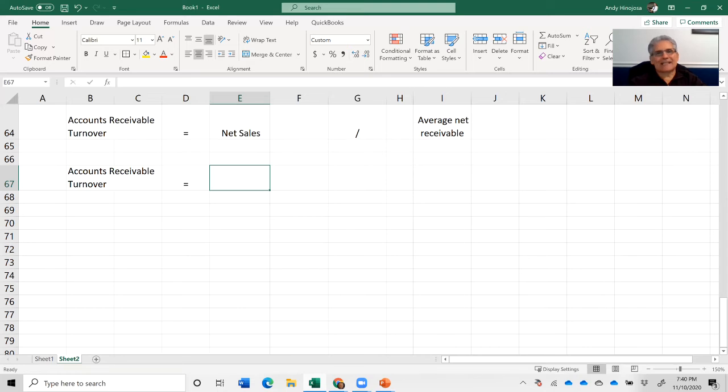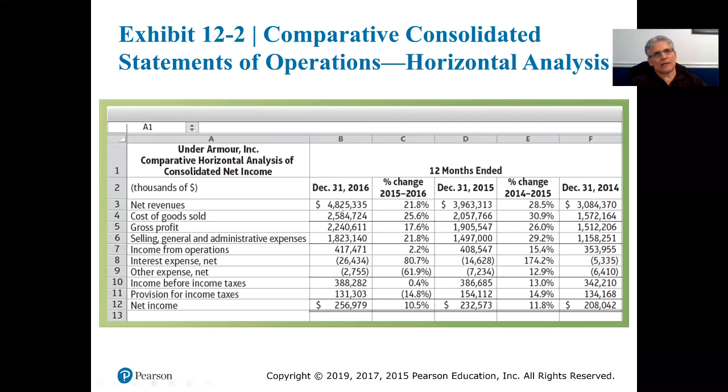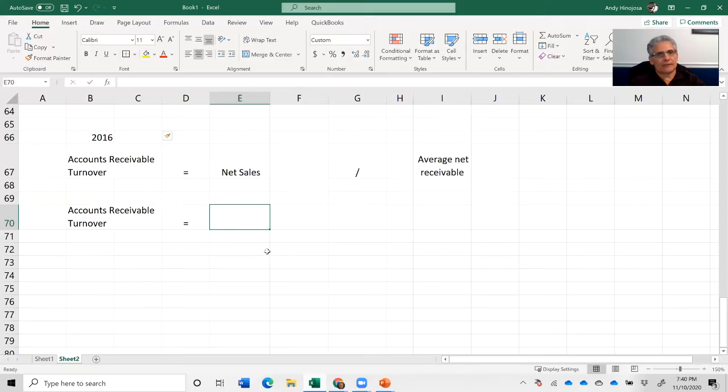We're looking at net sales, specifically 2016. So our net sales for 2016, let's go to our slide here. This is slide 10. Net revenues, net sales, net revenues, those are pretty much the same. 4,825,335. And we're going to divide that by